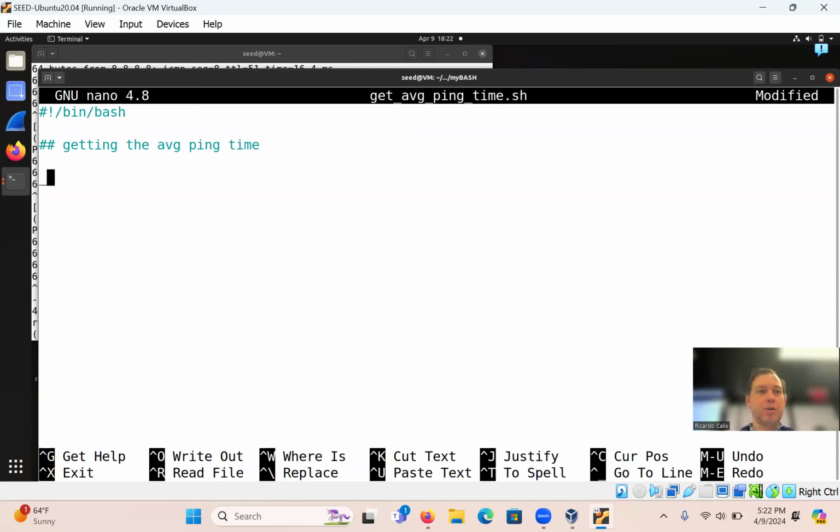I'm going to use underscore like this for the command that I'm going to use, which is going to be /bin/ping. So ping should be in the bin folder. Make sense? Great. So we've got that one as a variable, and we're going to call it as a variable.